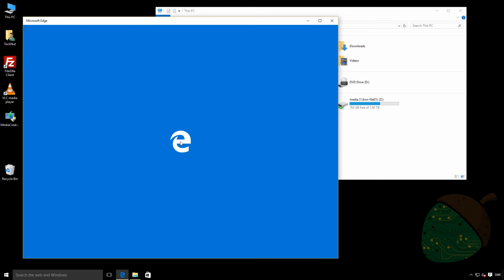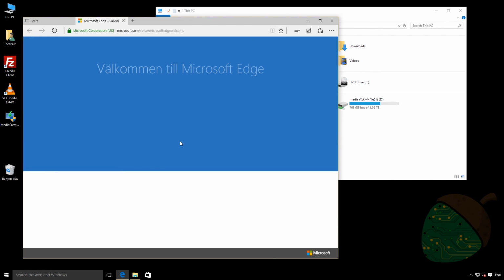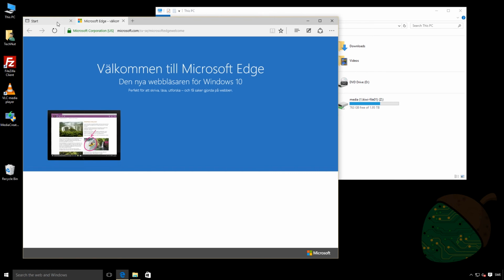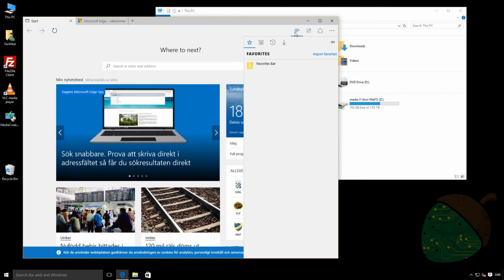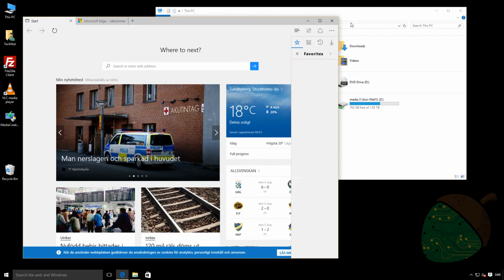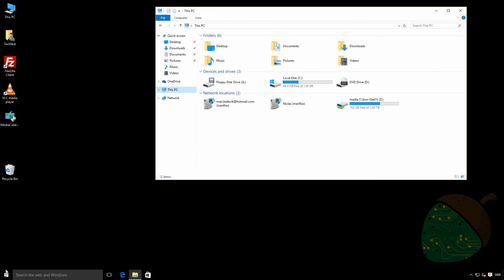If we start up the new web browser, Microsoft Edge, we will see that our start page is not here. We will also get an additional page from Microsoft telling us about the new browser. If we go ahead and check our favorites, we can see that it doesn't seem that our favorite is available in the favorites bar. If we go ahead and start Internet Explorer instead,